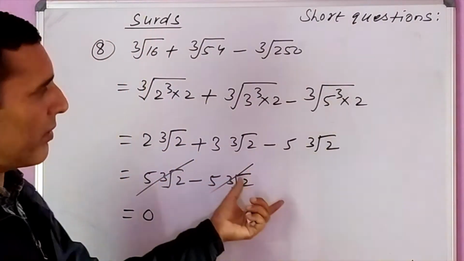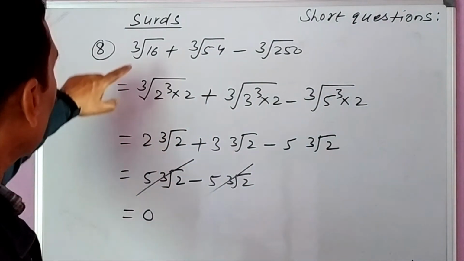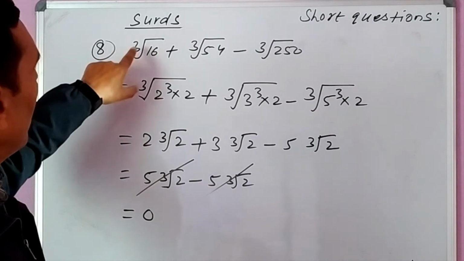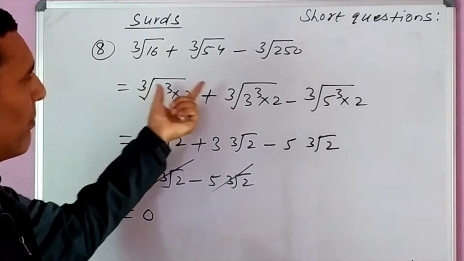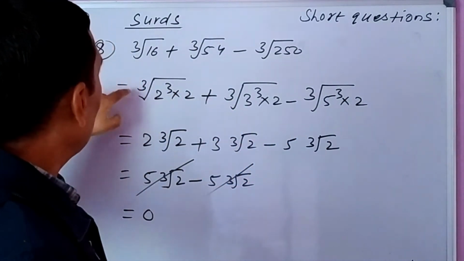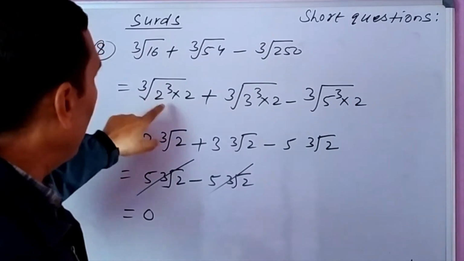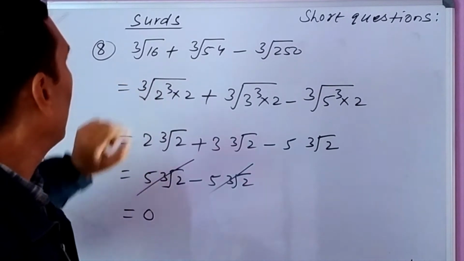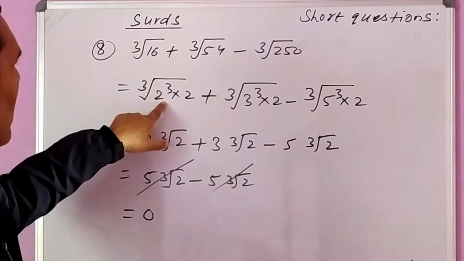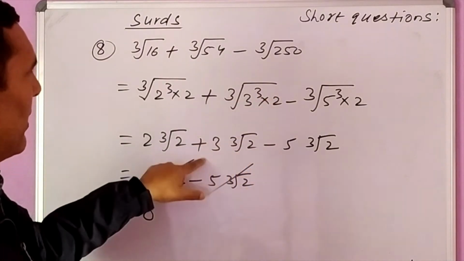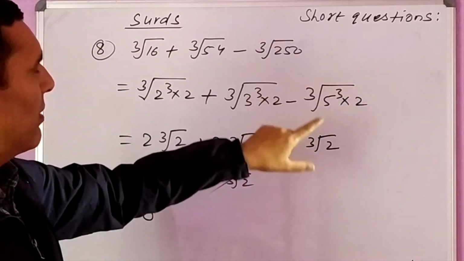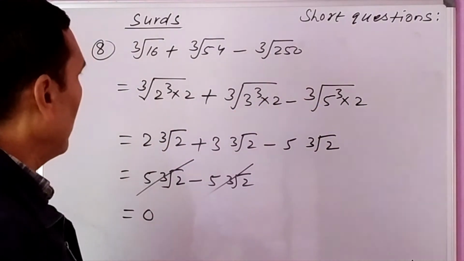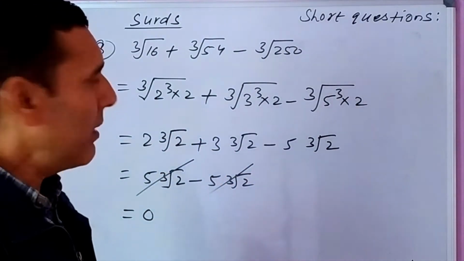So here also we followed the same technique which we did in the previous number 7. Only according to the order of the root, we try for which base can be raised to the power equal to the order of the root. From that base, at the power equal to the order of the root, it comes out. Like 2 to the power 3, that 2 comes out, 3 to the power 3, 3 comes out, 5 to the power 3, 5 comes out, and this single 2, single 2, single 2 remains within the radical sign.